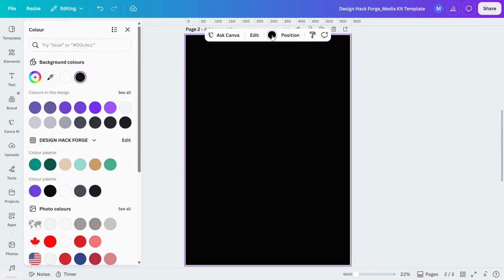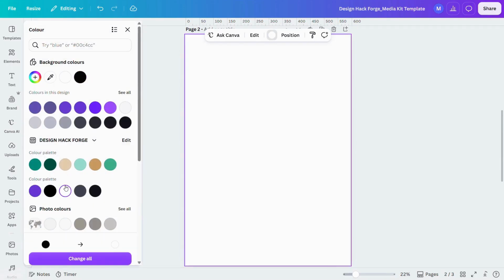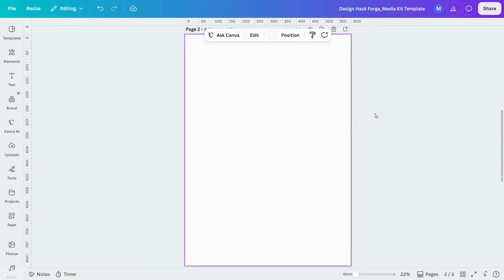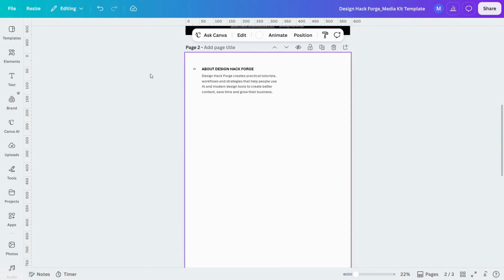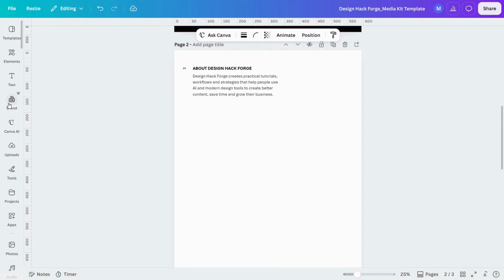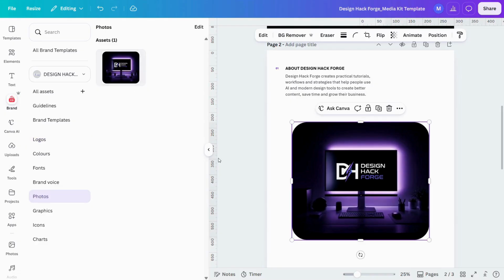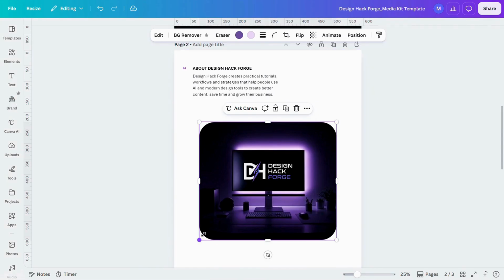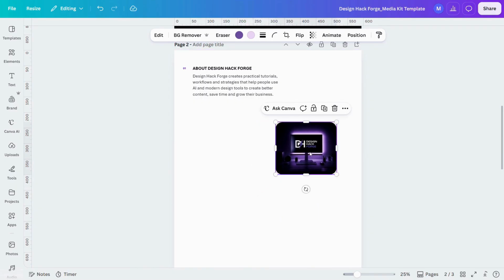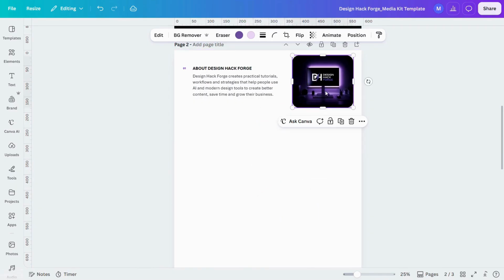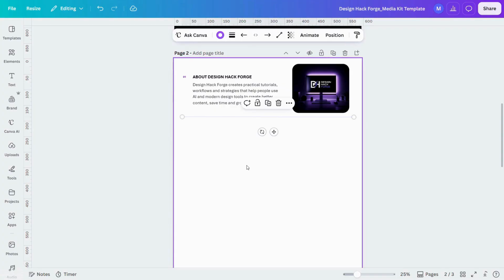I'll add another page and change the background to white. The first section is the About section. Here I'm giving potential brands enough information to understand the channel without overwhelming them with too much text. Instead of using just my logo again, I'm adding a personal photo to make this page feel more personal and consistent with the cover. Then I'm using a small element to create a visual separation between sections and keep everything